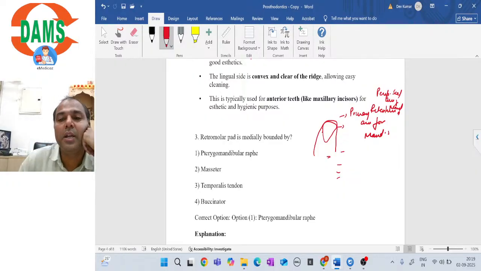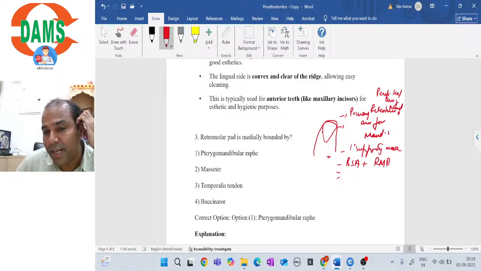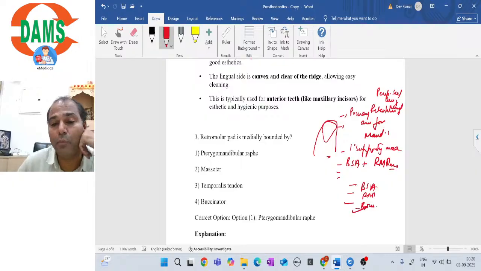Very good. Is it the primary supporting area too? In the recent edition of Boucher, the retromolar pad has also been included along with the buccal shelf area as a primary supporting area. So if the question gives buccal shelf area and retromolar pad separately, and the third option is both, then the answer will be both. But if there is no both option, then again you answer buccal shelf area is a primary retentive area,